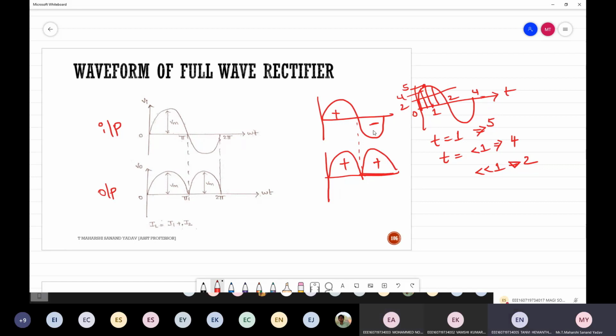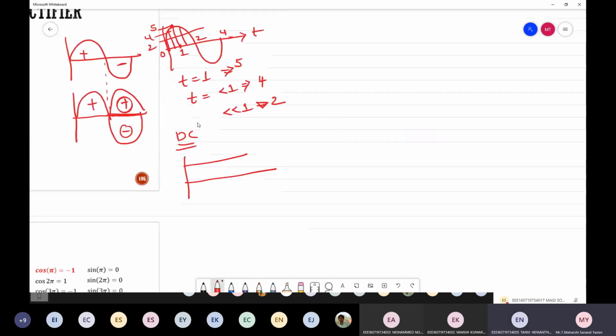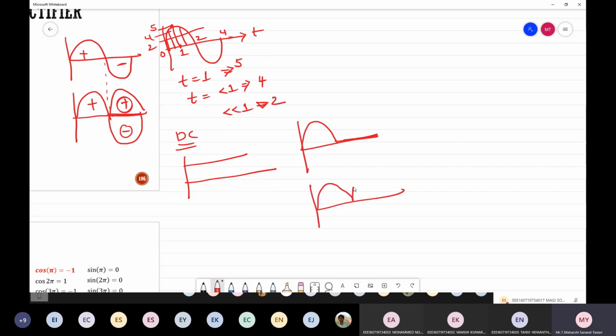Yes. Then for the negative half cycle, why am I getting this positive half? Why not negative like this only? Why am I getting positive? As our requirement is DC, I want the output to be constant with respect to time, right or wrong? Okay, see, for the half wave rectifier, I'm getting only one positive, whereas negative is clipped. So for full wave, I'm getting something like this. If you try to follow this peak voltage, it is almost equivalent to DC, which is maintaining constant, right or wrong?